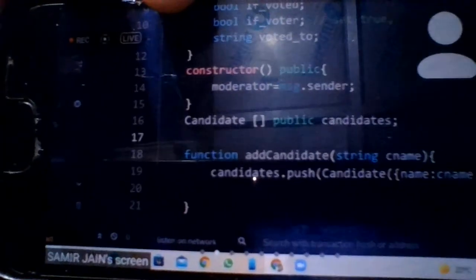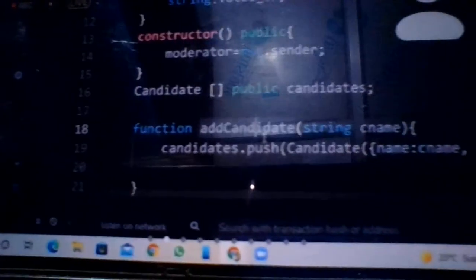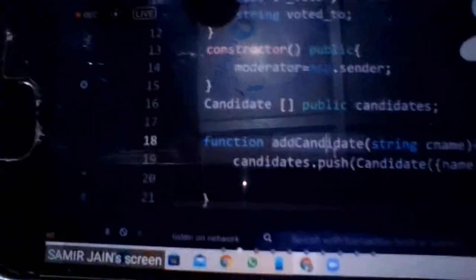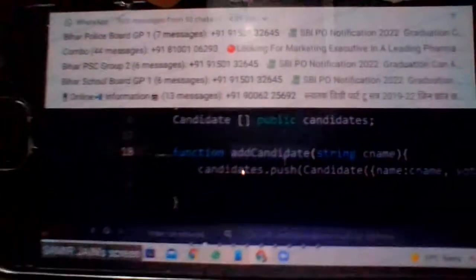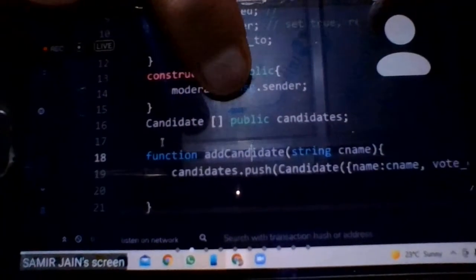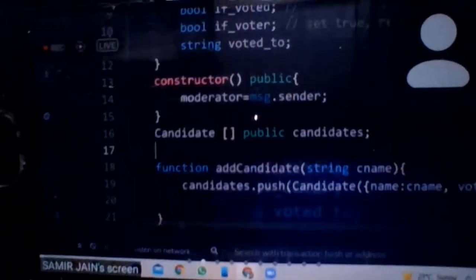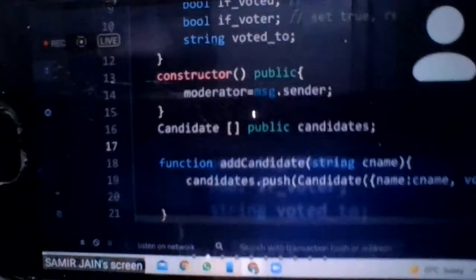So we have to apply some condition on this function, telling Remix that this function should not be called by other people except the moderator. How can we do this? By creating a modifier. So now we are creating a modifier.